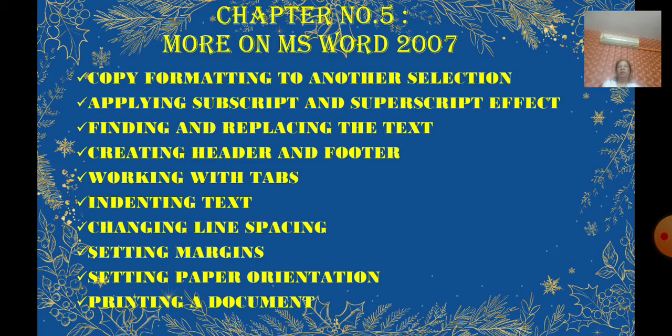Now you can see the paper's orientation. By default the orientation is always portrait, but if you want landscape, that is, horizontal, you can use the orientation button in the page setup group under page layout and select landscape. Same way, in your computer you can see A3, A4, A5 size papers, and you can select them according to your need. More paper sizes are there.